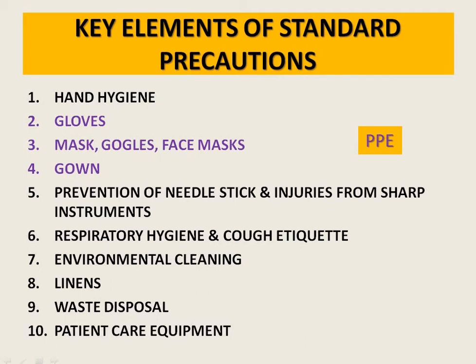Number one are the gloves. If you use proper gloves, if we have double coated gloves, we are minimizing the infection. Also mask, goggle, face mask, which we sum up in a PPE, they also help a lot to decrease the infection. Also use of gown. Why are gowns useful? Whenever there is an infection that will fall on the gown, and when we discard it, definitely that infection won't reach our body.